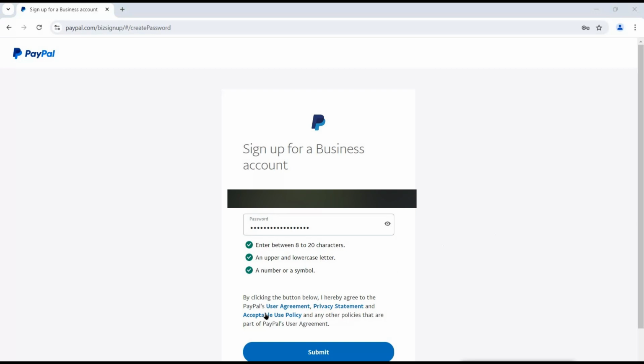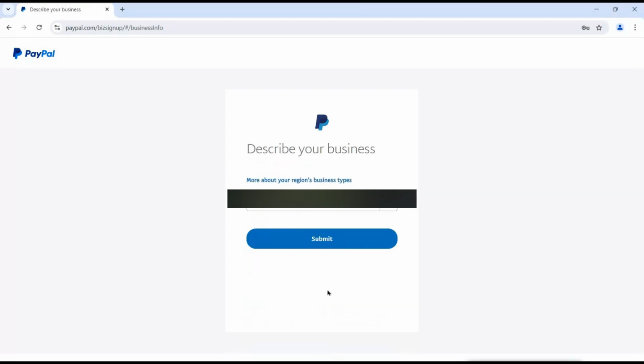Now you can see, you can read it here by clicking the button below. I hereby agree to PayPal's user agreement, privacy service, and acceptable use policy, and any other policies that are part of PayPal's user agreement. Okay, so if you are using this platform, then yes, for sure you are accepting all the agreements and the policies provided by PayPal. So then you can simply click on the submit button, and it will ask you for more details like